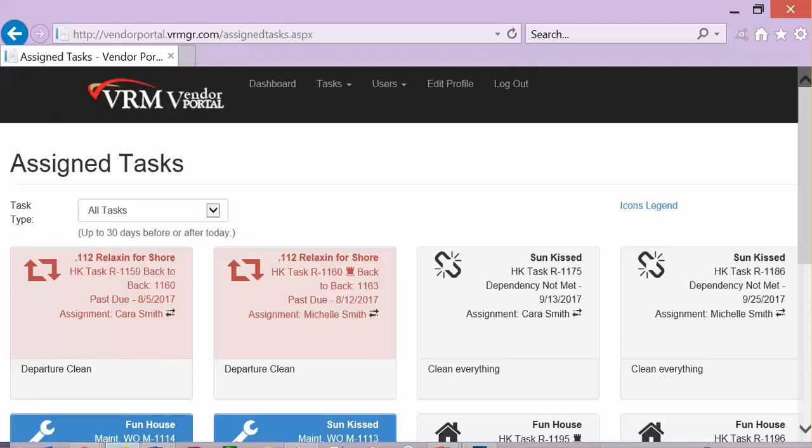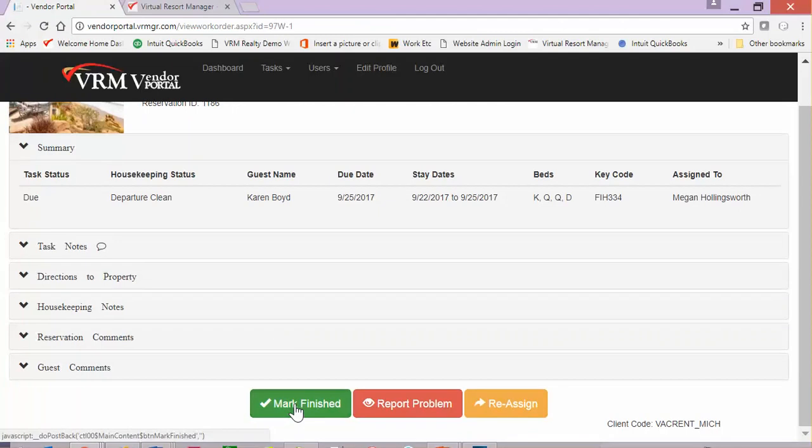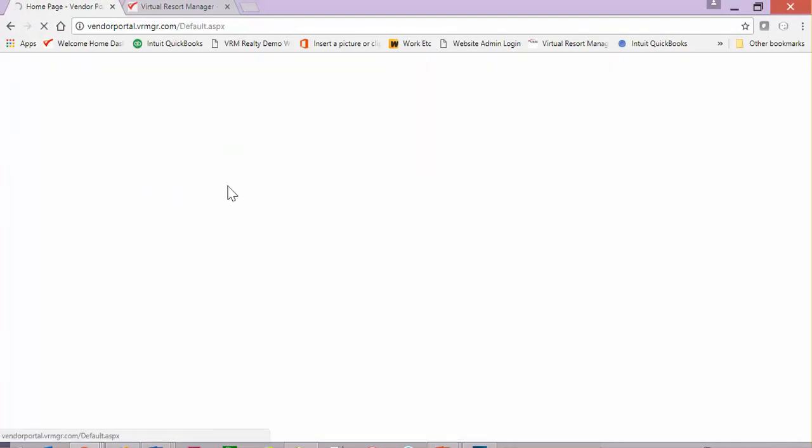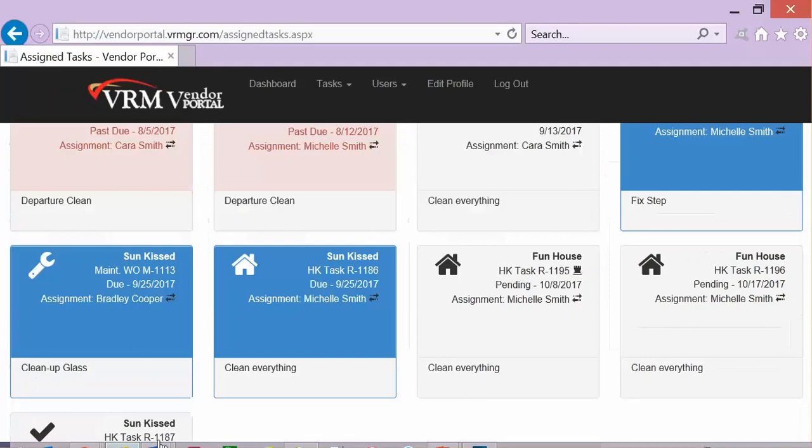So if we look at the tasks assigned to Megan, if we click on the hot tub clean and we mark it as finished, and now if we go back into the vendor portal for Michelle's Cleaning, we will see that the task to clean everything is now available to be completed. When we click on this task